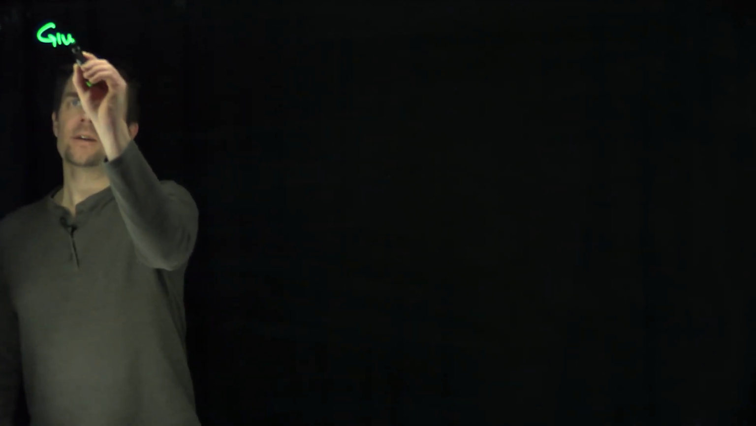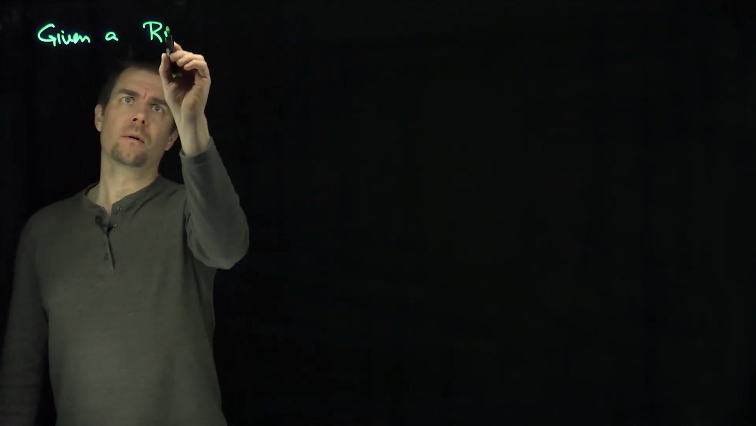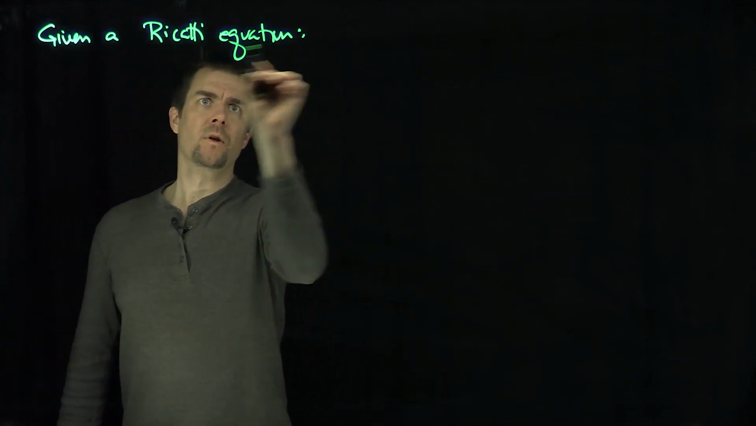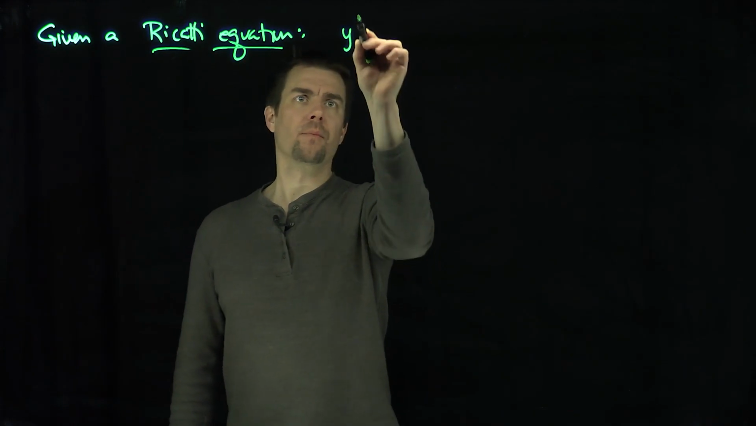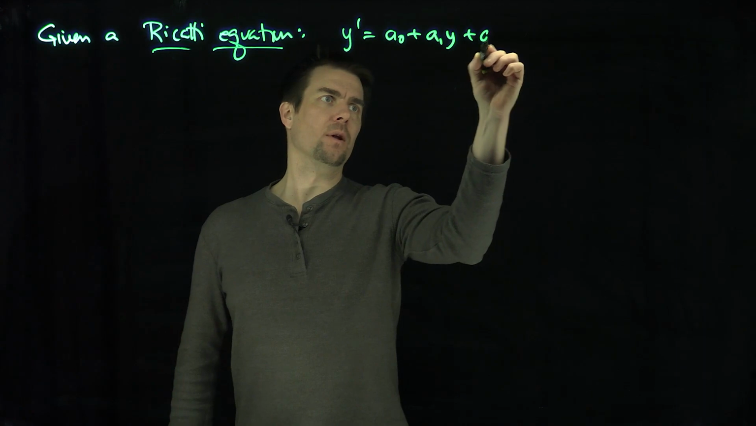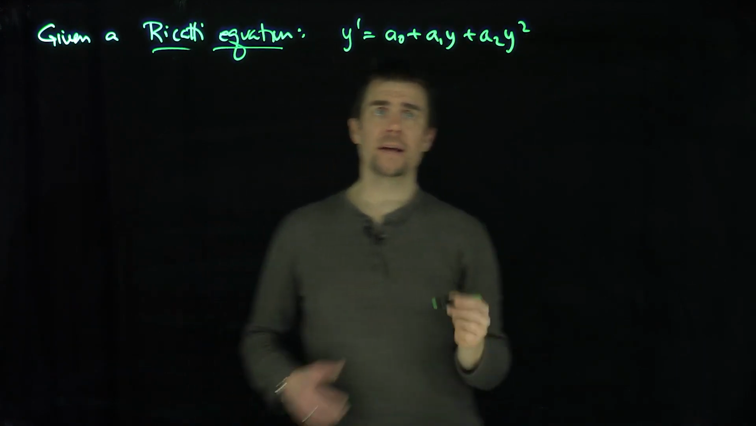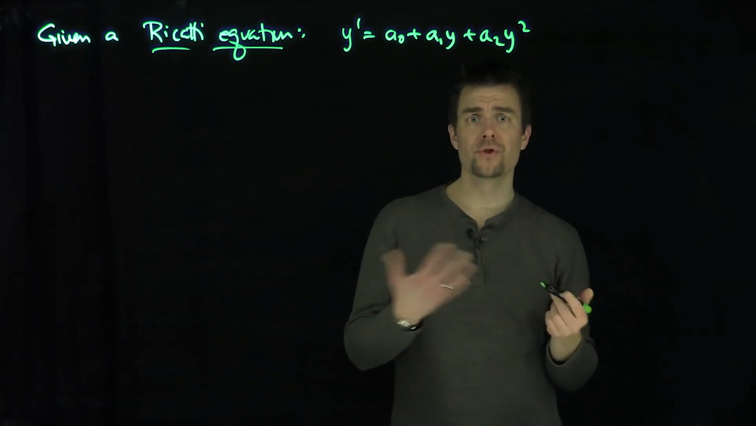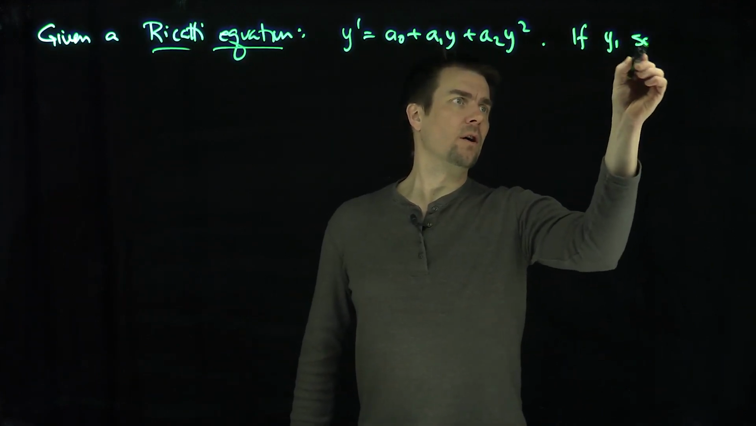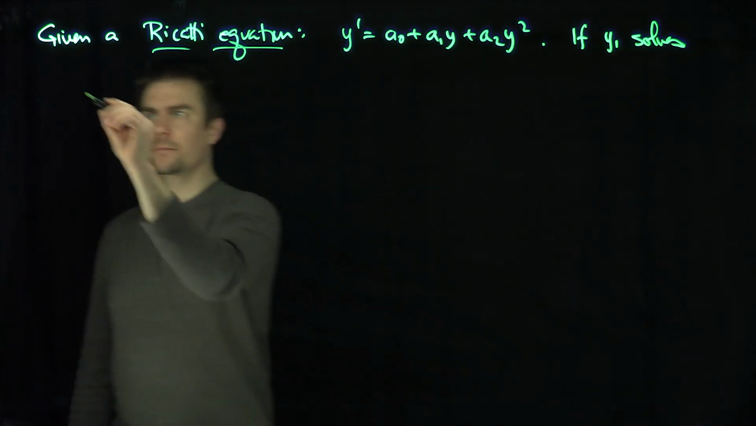Hello students, in this video we'll see how to do a reduction of order technique on Riccati equations to find the general solution. So if we're given a Riccati equation, y prime is equal to a0 plus a1 y plus a2 y squared, where a0, a1, and a2 are functions of x. If y1 solves the equation,